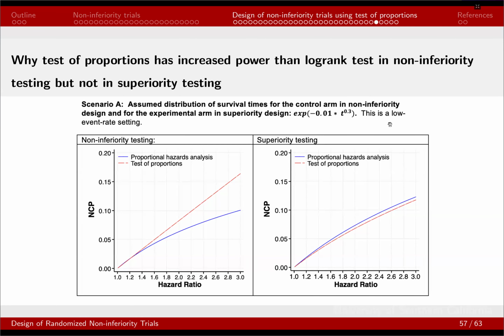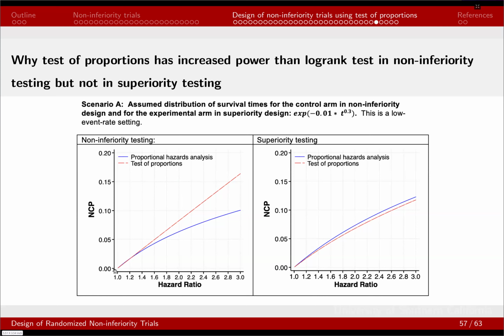We first looked at a low event rate setting. So in this figure, we assumed lambda takes a value of 0.01. So this would represent the low event rate setting where the 3-year EFS rate is probably 98% or 97% around there. We plotted the non-centrality parameter against the hazard ratio margin. On the left side, that's the non-inferiority testing. The red curve is the non-centrality parameter for tested proportions, and the blue curve is the non-centrality parameter for logrank